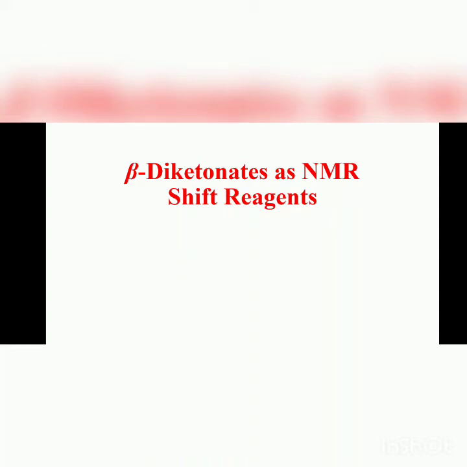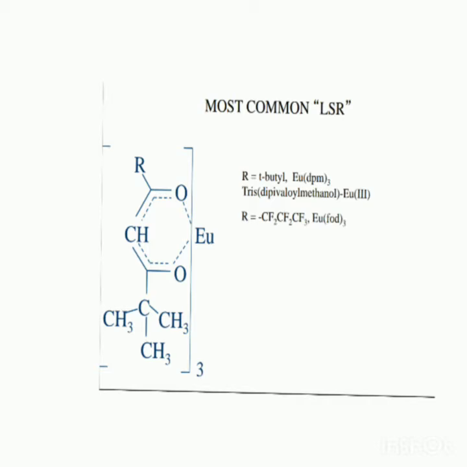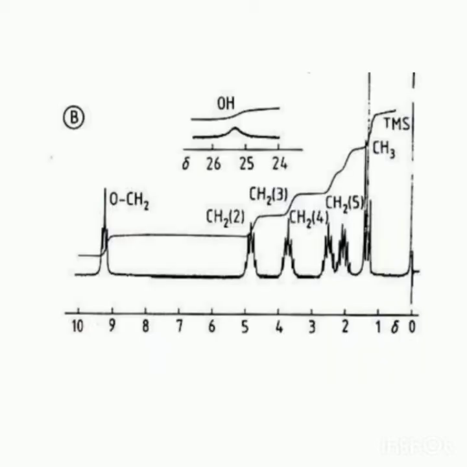Now I would like to speak about beta diketones as NMR shift reagents. Paramagnetic lanthanide beta diketone complexes are commonly used as NMR shift reagents. Typical beta diketones of europium. We know that the atomic number of europium is 63 and this element comprises 7 unpaired electrons. So a beta diketone complex of europium is applied to this